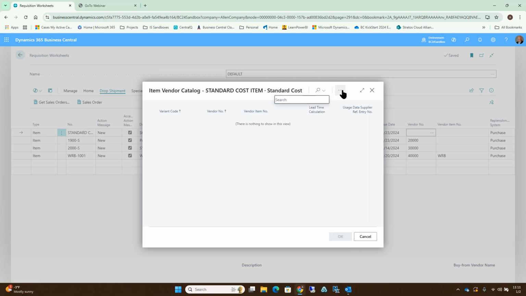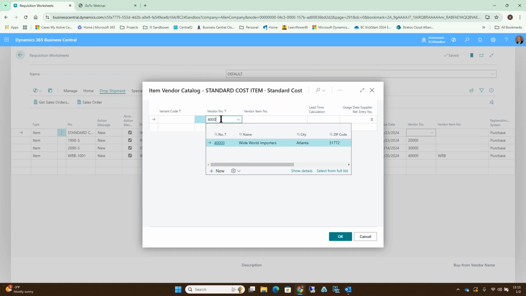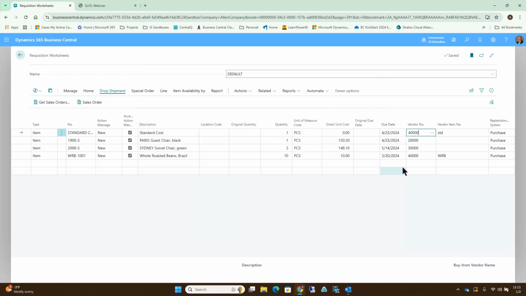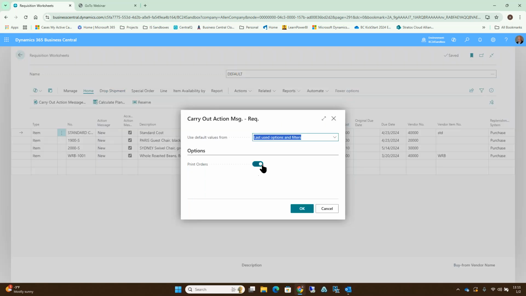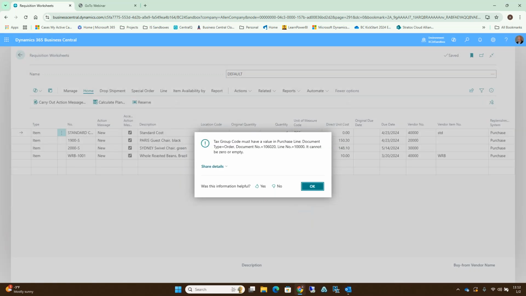Let's make that one 40,000. Now by doing this, I can simply come back to the home page, tell it to carry out the action items. I'm going to tell it I want to see the orders. This is going to do the worksheet. This should now produce 1, 2,